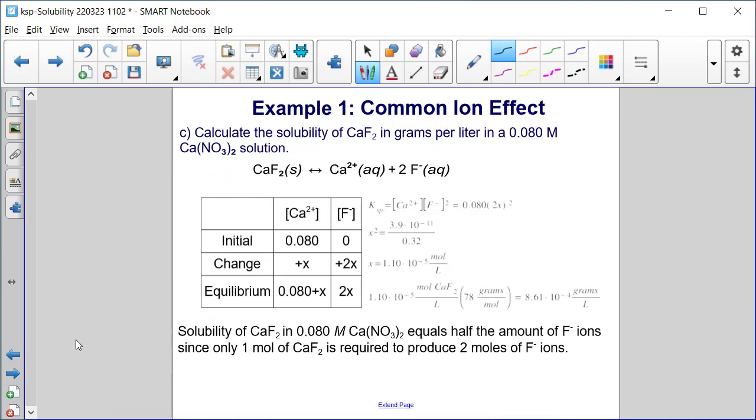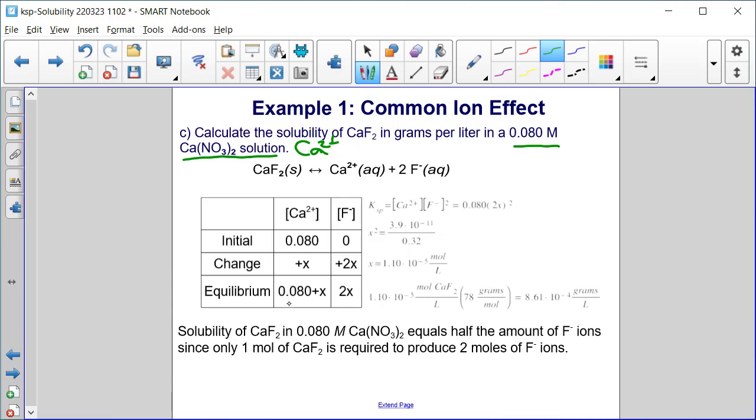Calculate the solubility of calcium fluoride in grams per liter in a 0.080 molar calcium nitrate solution. So it's important to note that this 0.080 molar solution provides a large concentration of calcium ions. You can see initially I'm already starting out with some calcium ion. Then I have some change, X for calcium and 2X for fluoride, as some of the calcium fluoride dissociates so